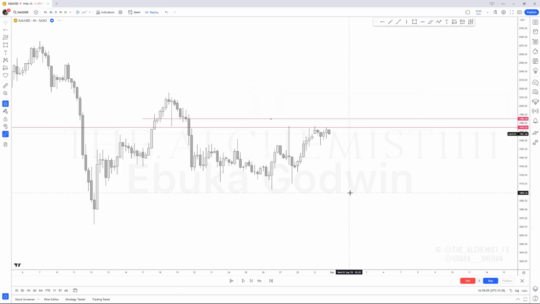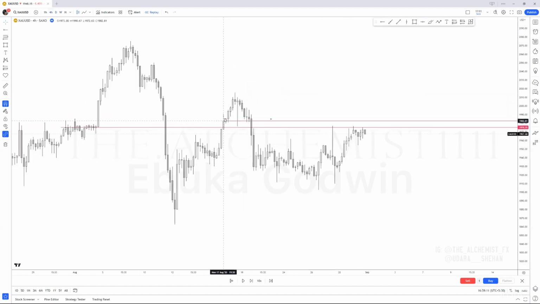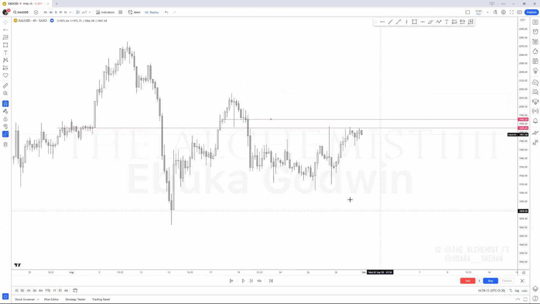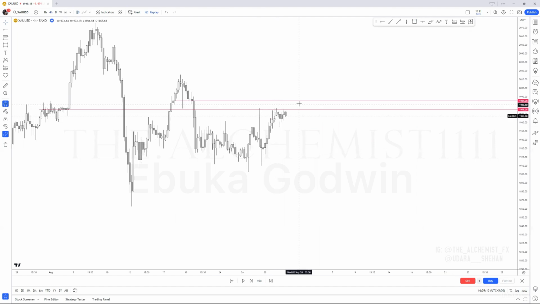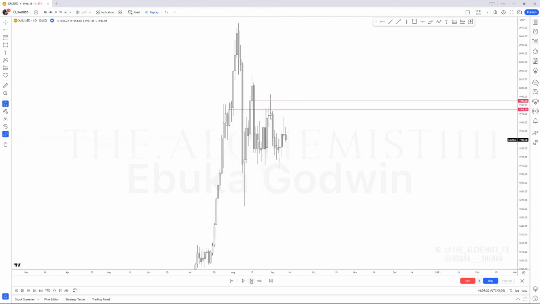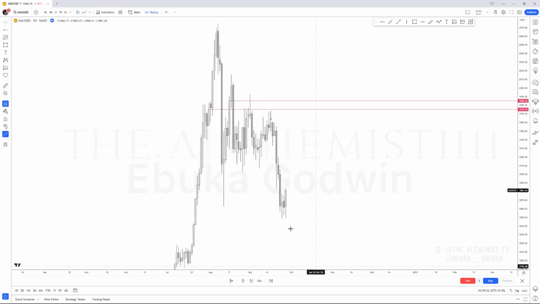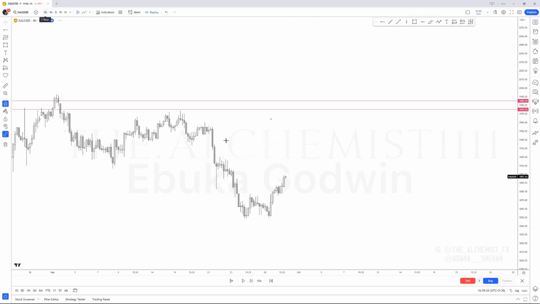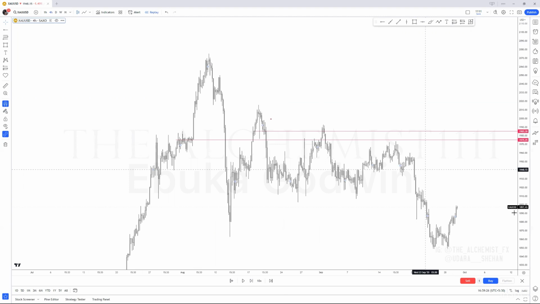If you go to H4, let's see if we could do more refinements. No, we had a dropping point here on the H4. Okay, we'll talk about that later. We have some liquidity resting below those zones. So let's see how the market reacted. Yeah, there it goes. See that? So it's clear. It's clear if you stick to the higher time frames. It is not unclear. It's always clear if you stick to the high time frame.